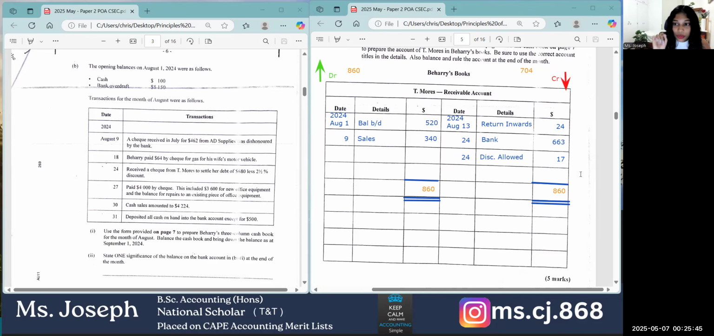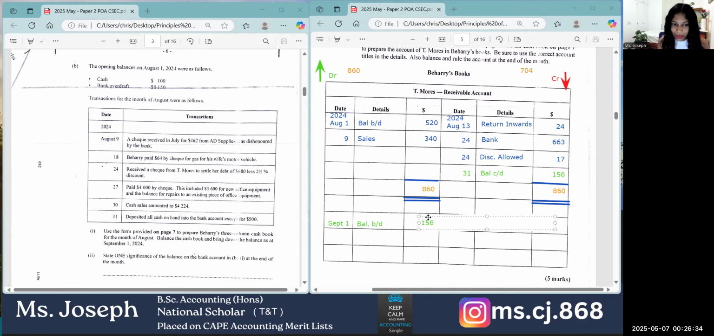Now, these three add up to 704. So what we need to do is find the difference to figure out what it's going to take to make up 860. So we're going to say 860 minus 704 equals 156. And this difference figure represents the balance that you're going to carry down into the new month. So this will be on the last day of August, the 31st. Then you're going to bring it down, September 1st. Balance brought down